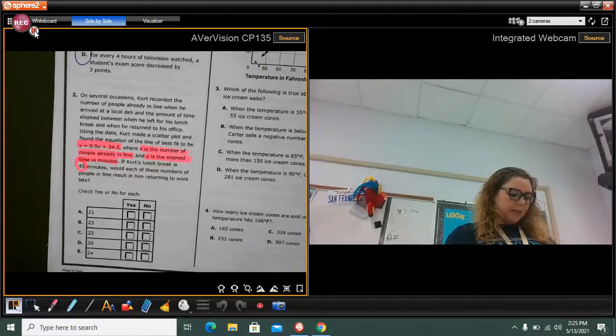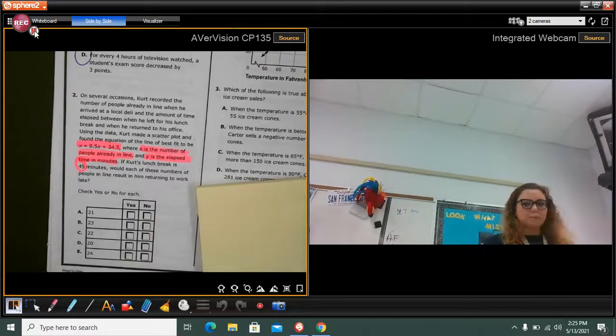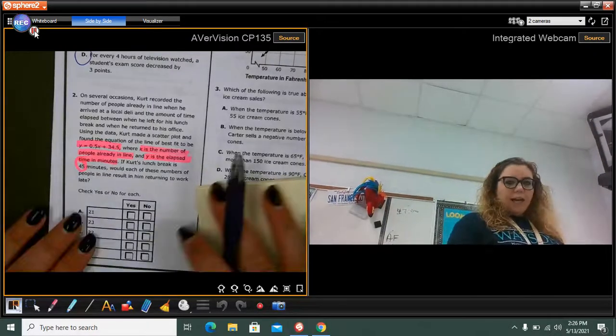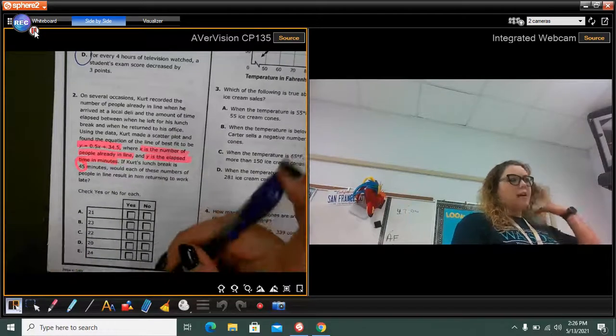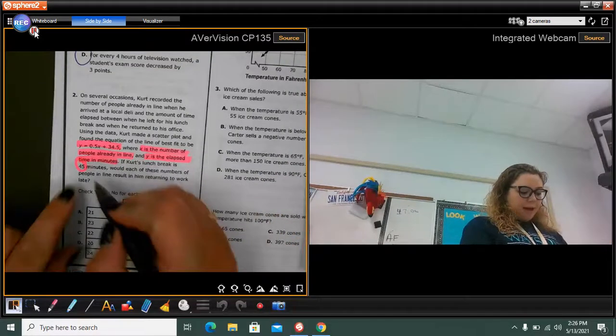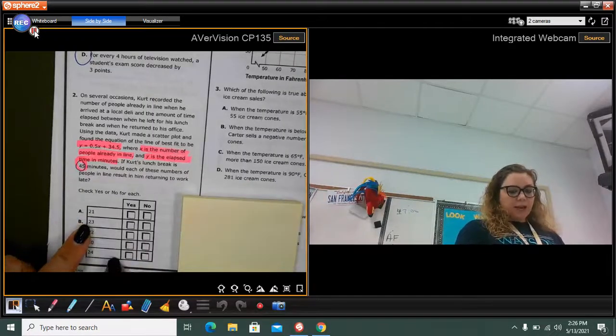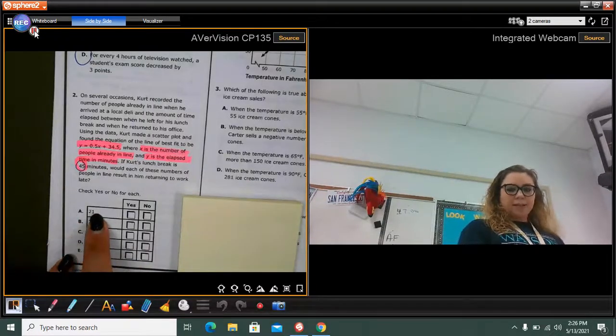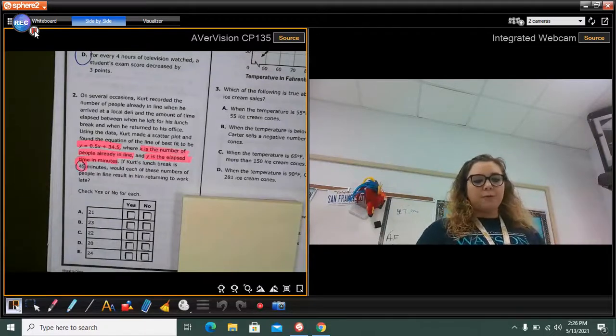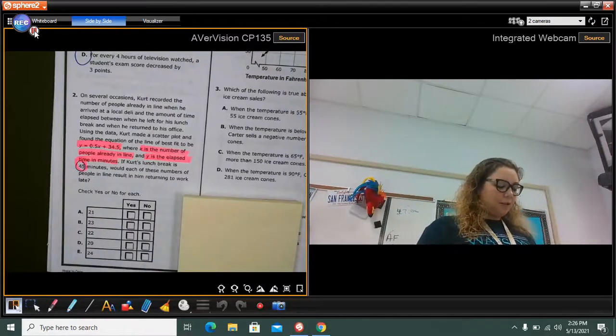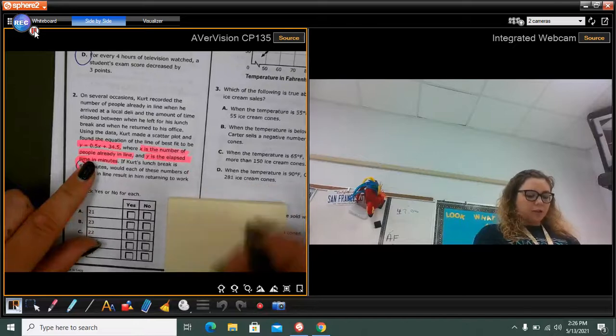So he has a limit, which is 45 minutes. Remember, x is the number of people, and his max is 45. So if these are the minutes, we need to figure out how long it takes for this amount to see if he'll be able to return back to work in enough time. So to do that, we're going to use this equation. Y equals